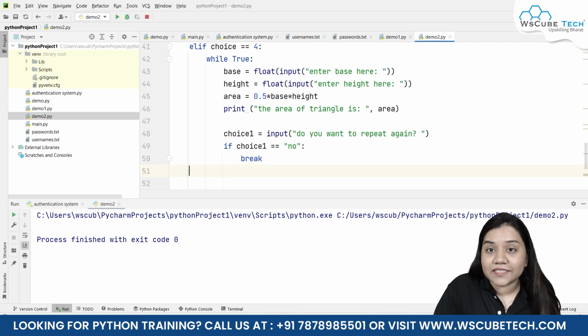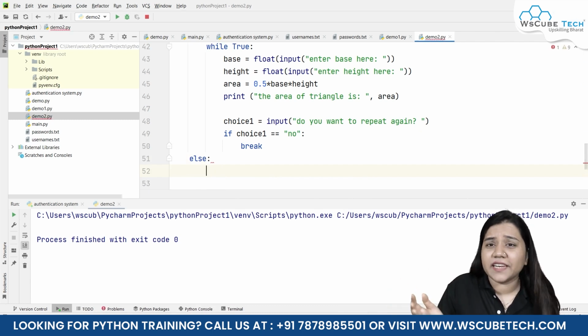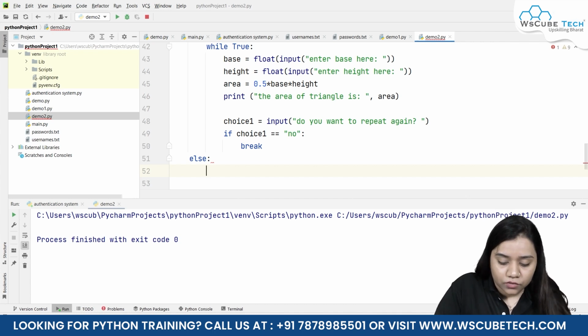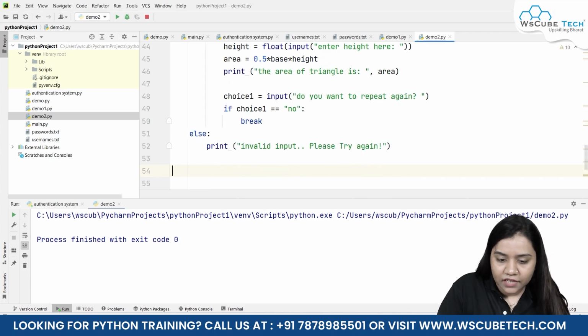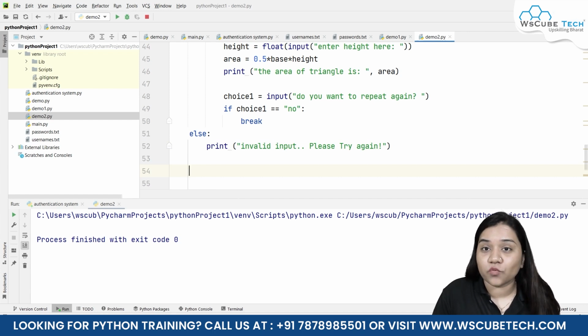Now we will be writing a statement for else over here. So if anyone has written any number other than 1, 2, 3 and 4, else will execute. So else I'll just simply print invalid input. Please try again. And lastly, I'll be asking for repeating, and lastly, I'll be breaking the first while true loop